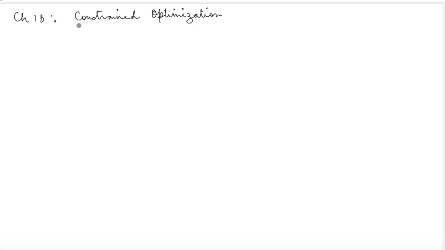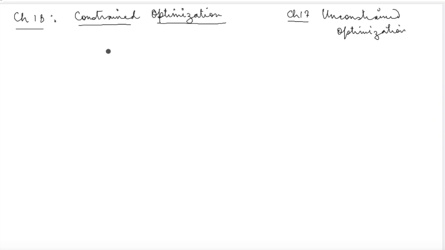So today we are going to start a new topic, a new chapter that is on constrained optimization. Constrained optimization means that you are looking at an optimal solution for a given function but with some constraints, with some restrictions. तो हमने पिछले चैप्टर में, चैप्टर 17 में, अनकॉन्स्ट्रेन्ड ऑप्टिमाइजेशन स्टडी किया, and we looked at how for a given function without any constraints we can calculate an optimum solution. In this chapter we are going to look at functions and their optimal solutions when they have certain restrictions.